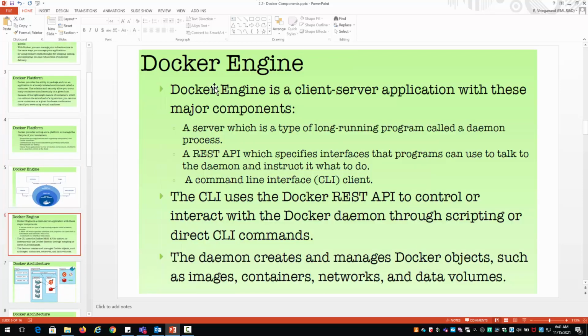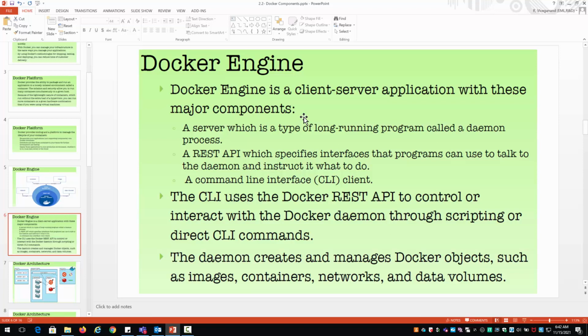To explain more, the Docker engine is a client-server application with these major components. A server with a type of long-running program called a daemon process. A REST API which specifies interfaces that programs can use to talk to the daemon and instruct it what to do.